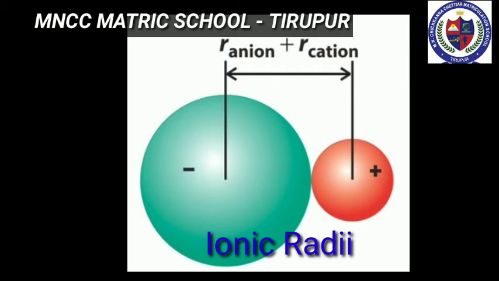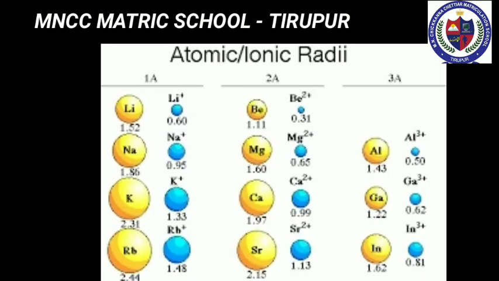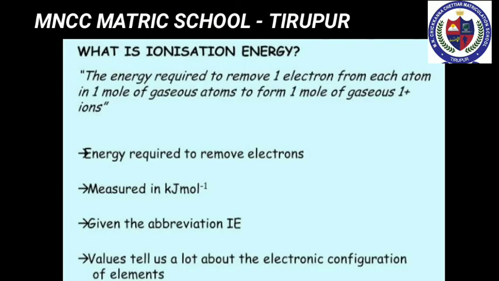The size of the ions is important to determine their behaviors in solutions and the structure of ionic solids. The size of a cation is always smaller than its corresponding neutral atom, but the anion is larger than its neutral atom. So, atomic radius and ionic radii also decrease along the period from left to right and increase down the group. Next, let's learn about ionization energy.